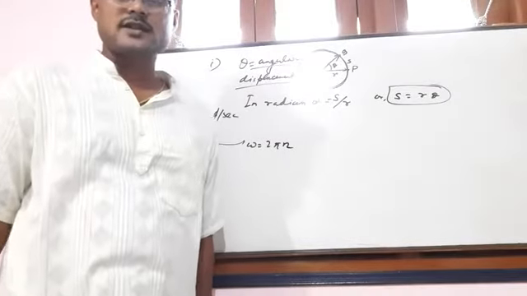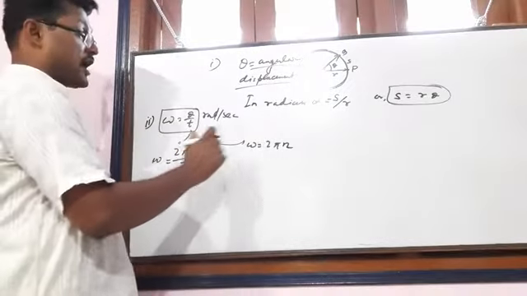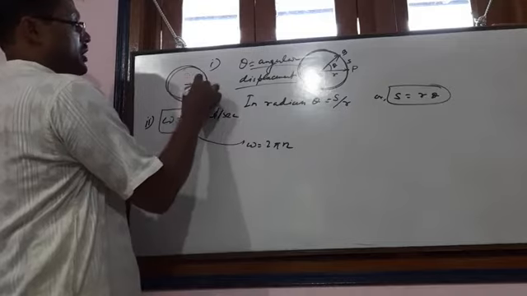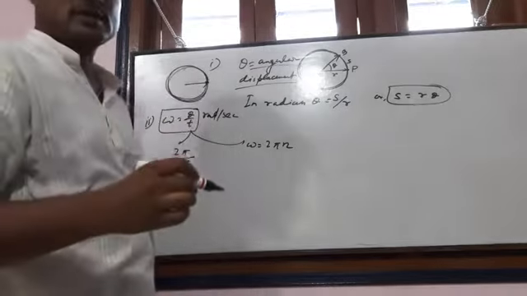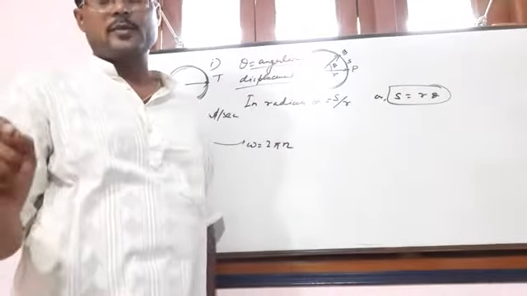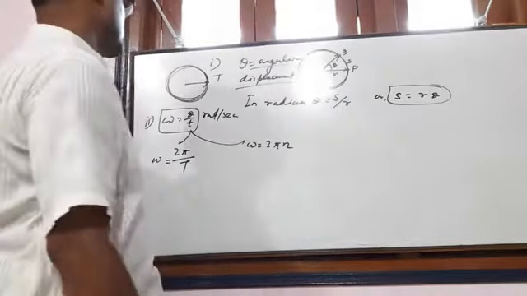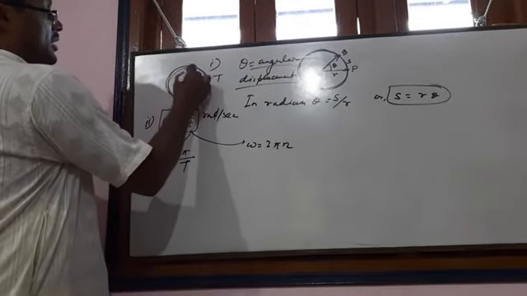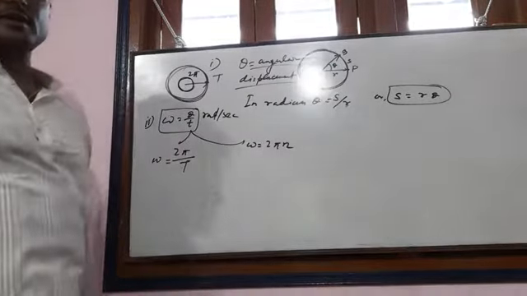Now what is T, what is n? T means time period. What does time period mean? This is a circular path, and a particle starts its motion from here and makes one complete circular motion, and the time taken is T. So the time required for one complete circular motion is known as time period. Whenever a complete motion is completed, the angle made is 2 pi. So you can say that omega equal to 2 pi by T.